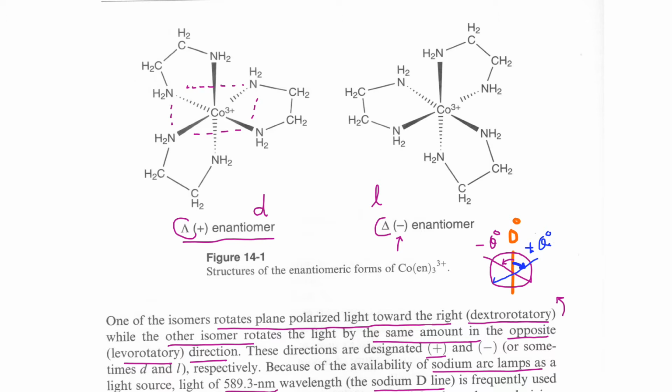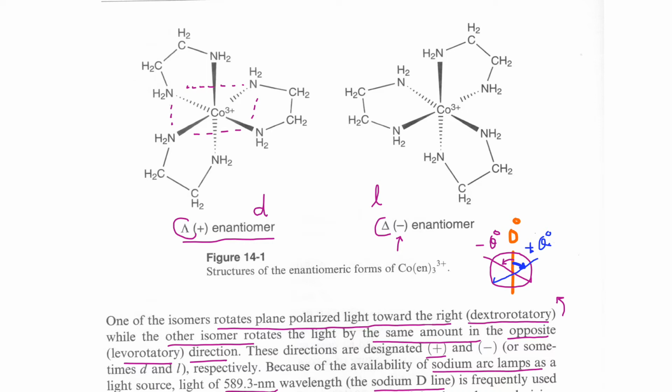So the lambda isomer has the ethylenediamine in the equatorial position and towards us, and the other enantiomer, which is the minus enantiomer, is the delta enantiomer, which has the ethylenediamine on the equatorial position facing the other